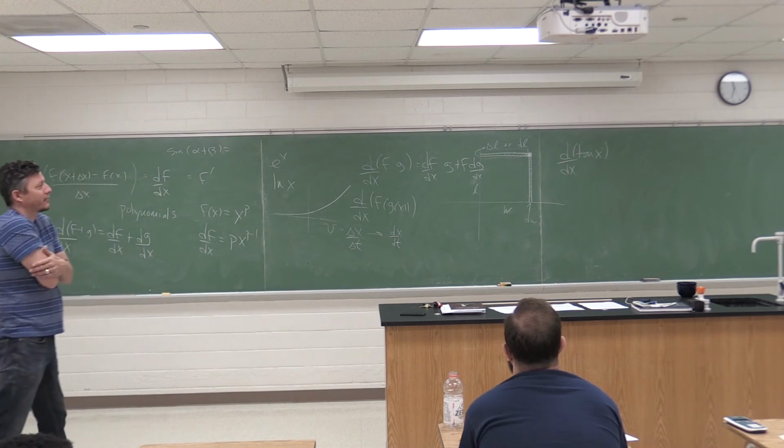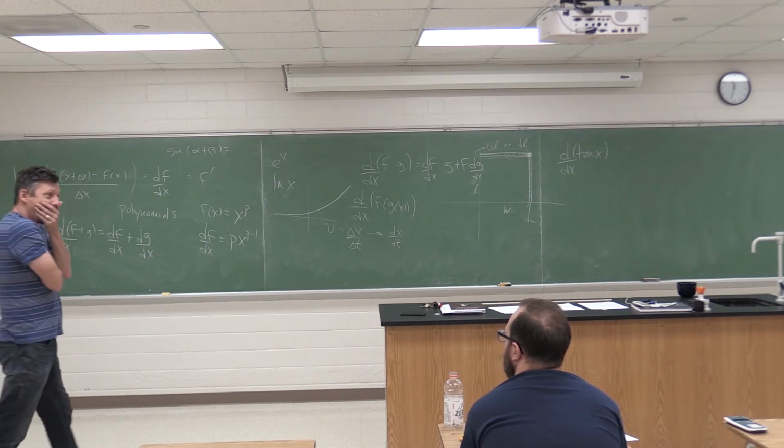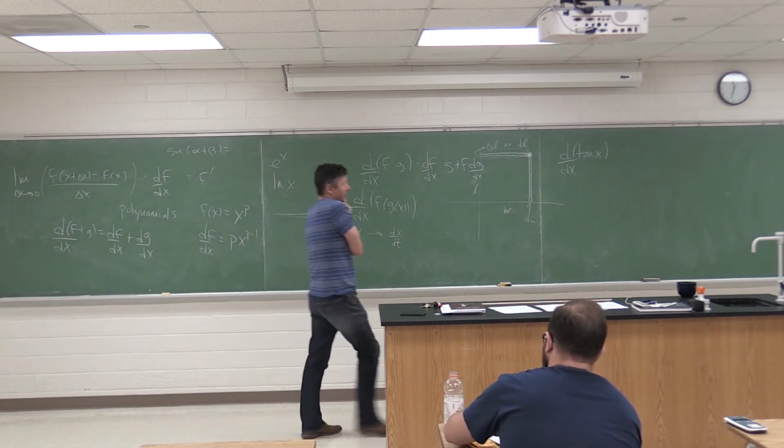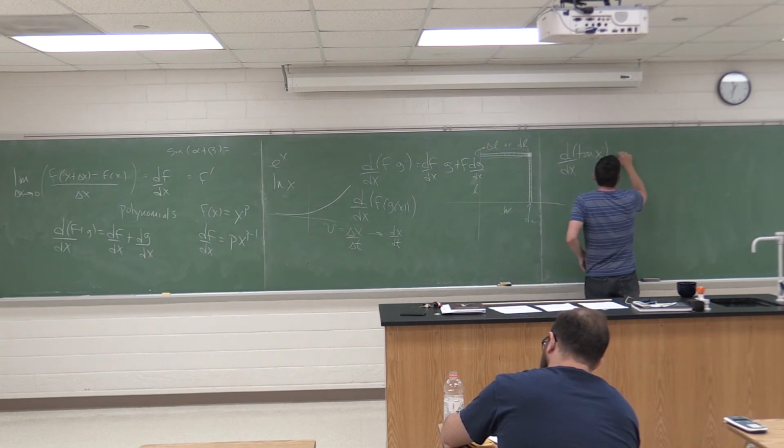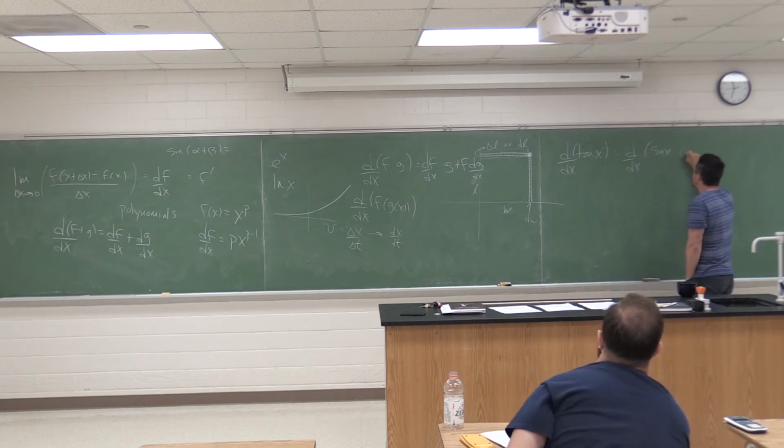Tan x is just tan x, right? But it's not. What is tangent? It's sine over cosine. So that's a product. Right? That is a product. That's a product of sine x times